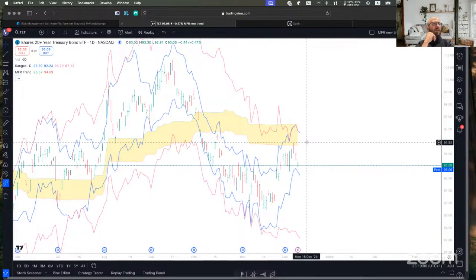If our signals still support the thesis, there are plenty of times when I don't get rid of the entire position when it became neutral. But one thing for sure, I'm not entering positions in neutral. Doesn't matter what I think about it, I respect the trend. So the neutral area is the volatility zone where basically the market needs to decide what it wants to do. I hope it helps. So that's it from me.